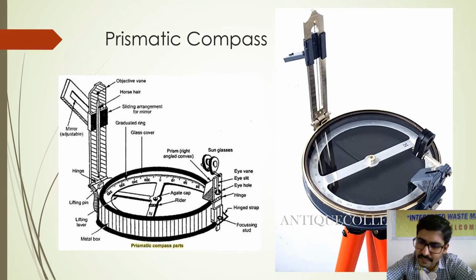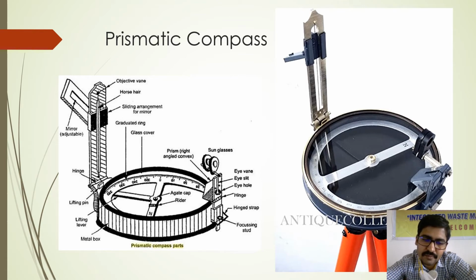The one you can see here at the right side is the prism, or the eye vein. At the eye vein you will find a small opening. On the left side diagram you can easily see what exactly I am talking about. This entire prism assembly is called the eye vein, and it has a vertical opening called the eye slit, and at the bottom of the slit there is a circular opening called the eye hole. So, eye slit and eye hole.